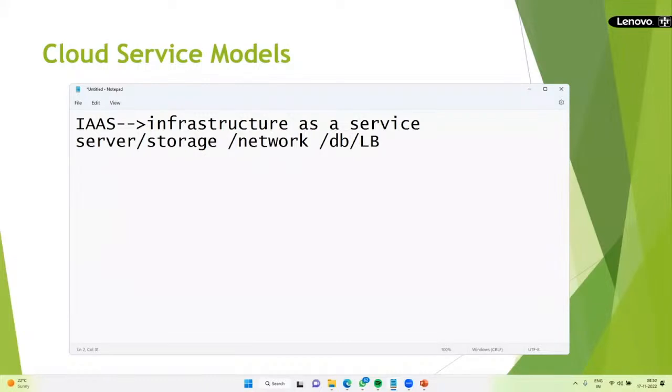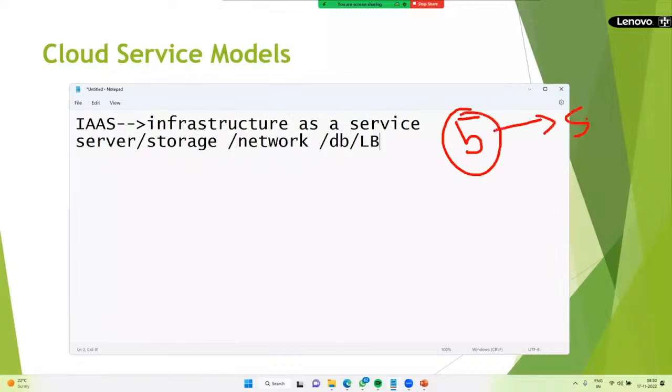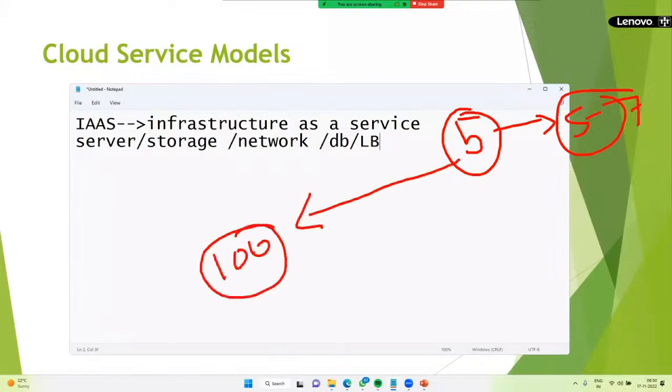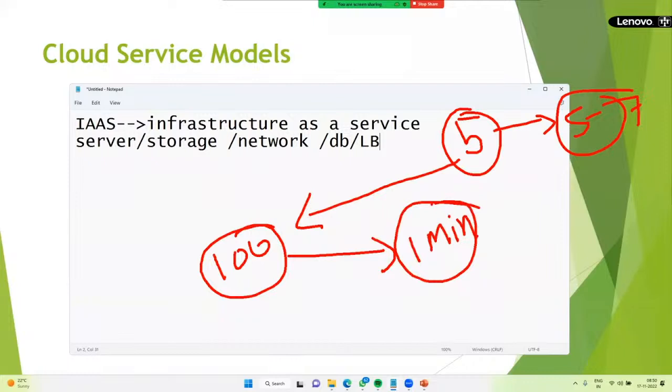As I said, to deploy 5 virtual machines in our own data center, it will take 5 to 7 days. To deploy 100 servers in the cloud, it will take a maximum of 1 minute, guys. I am telling only 1 minute, not even 2 minutes.